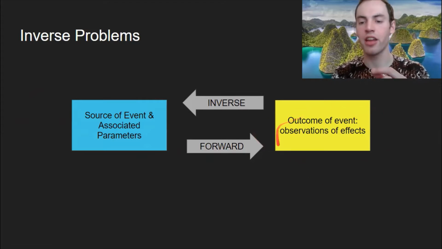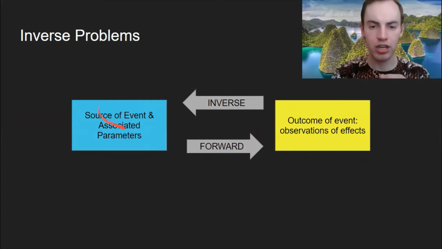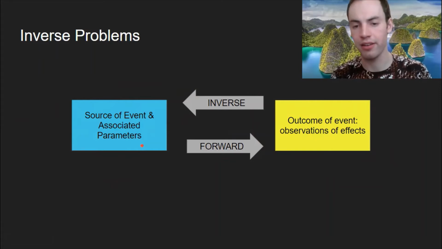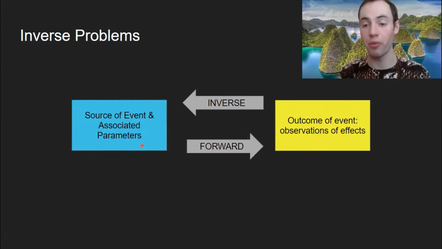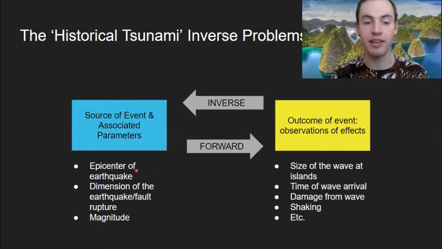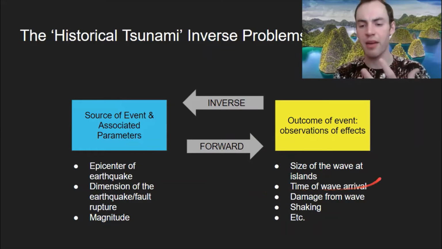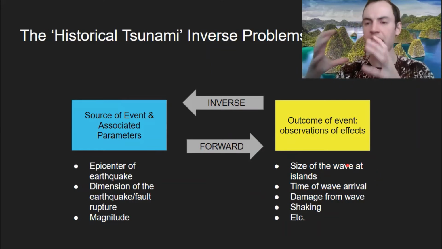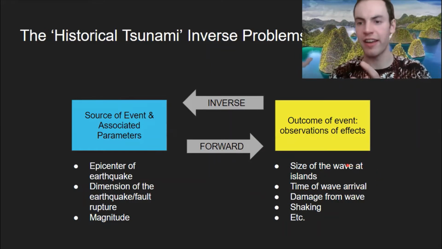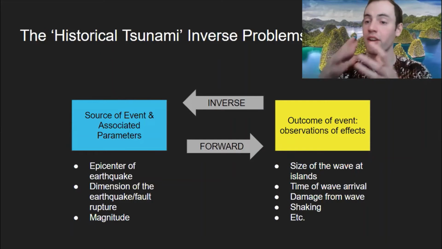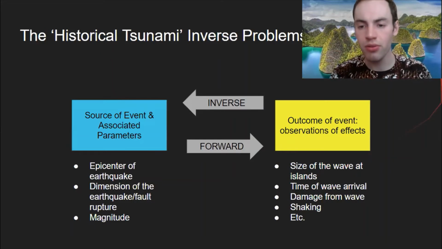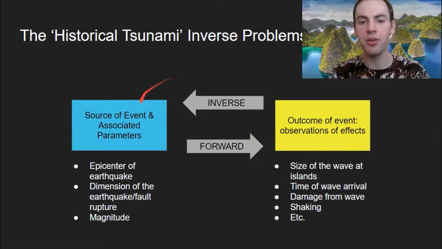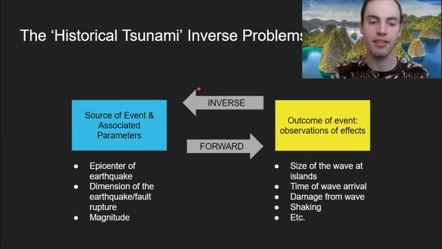All we have are the observations, and we have to backtrack to figure out what was the source and the event and the associated parameters of that. Inverse problems are everywhere. But again, specifically in our context, we want to be able to take observations about the size of the wave, the time of the wave's arrival, the damage from the wave, the shaking, these things that we can observe as the after effects and that these people observed on their respective islands,